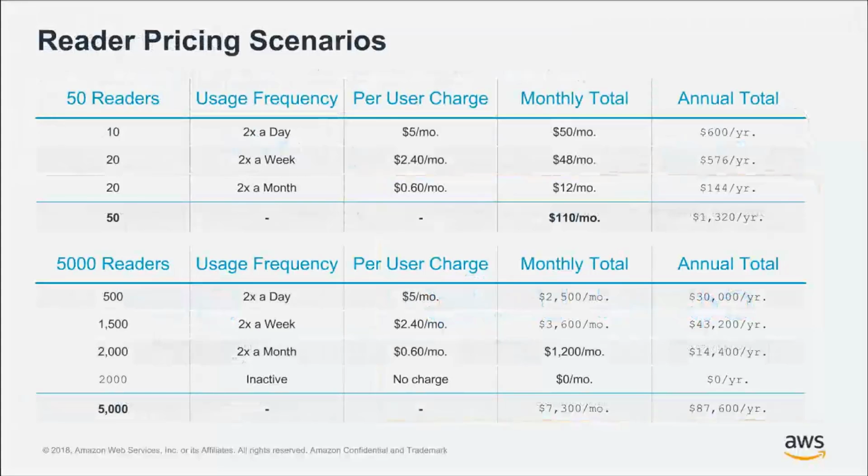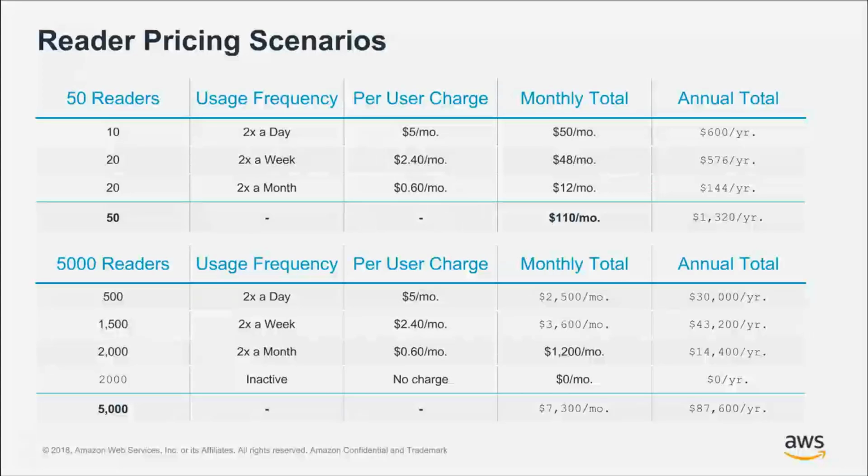So when you really do some modeling of this, and you can go to the QuickSight pricing page at quicksight.aws/pricing, and you can see some more breakdown of this. If you think about how this bears out across even a small organization or a really large organization, the potential cost savings here of enabling everybody with QuickSight so that they can have access to these interactive, secure, connected, refreshing dashboards is pretty dramatic. So if you look at, for example, if I have 50 readers inside of my company,